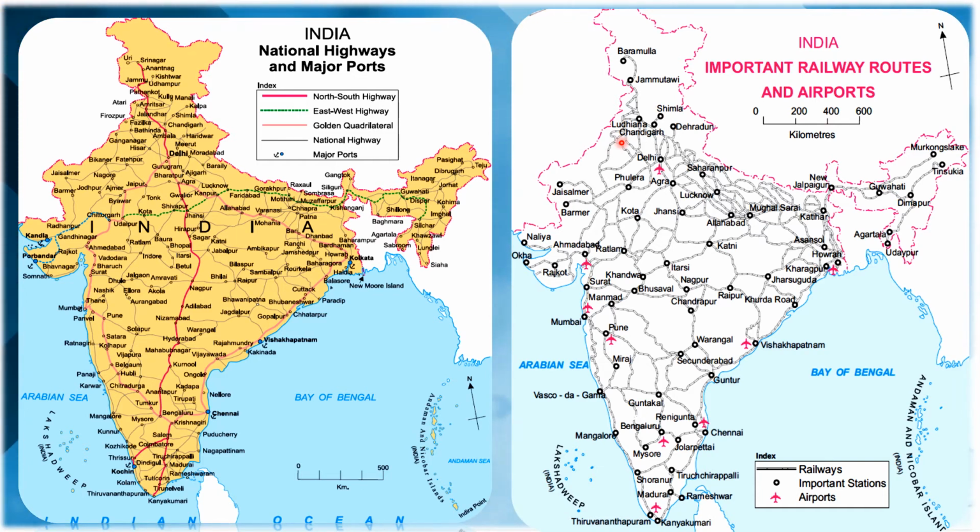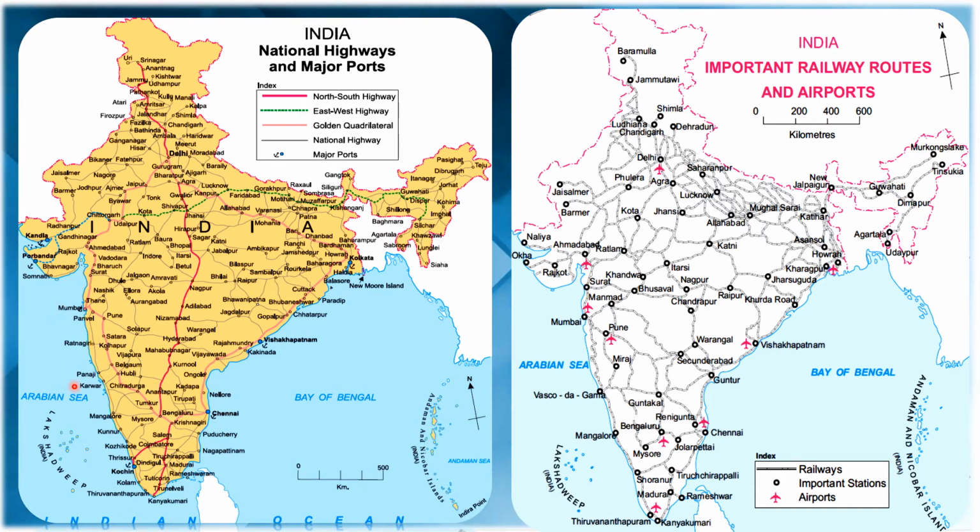So what could be the reasons? We've already learned all these reasons: the geographical factors like climate, relief features, dense forests, hot and cold deserts, flood-prone areas, frequent earthquakes, landslides, etc. discourage the development of transport in an area. We've studied everything in our previous chapters. Now we just have to relate them.